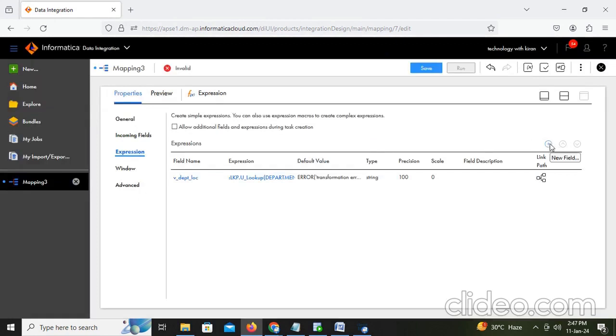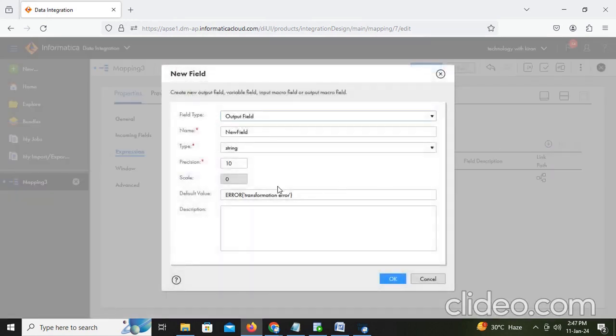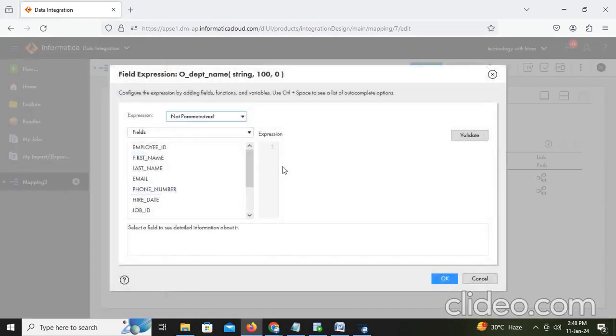Here we are getting both department as well as id as location to our output field, which I am taking as a variable name. Now we give o_dept_name, which is 100 I am taking. So configure it and we